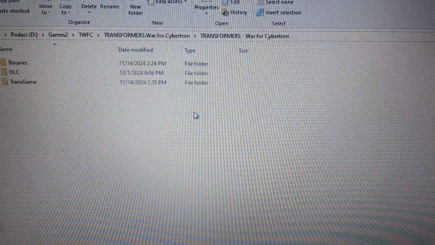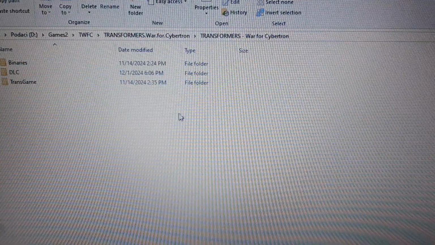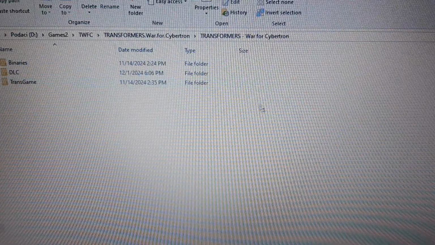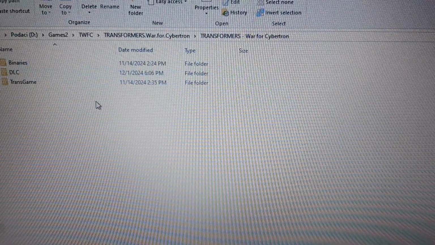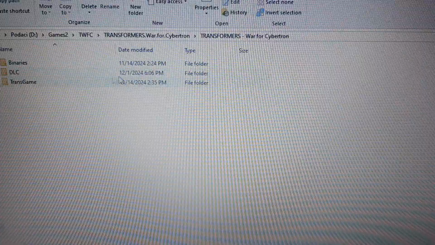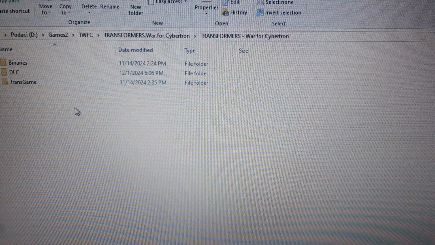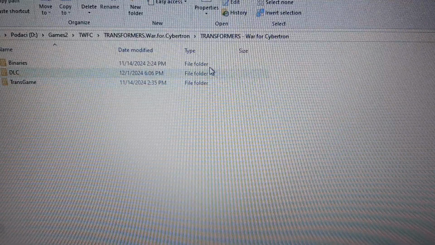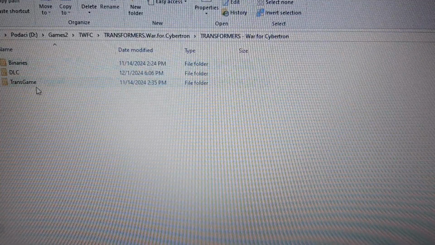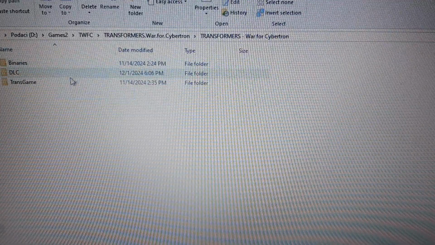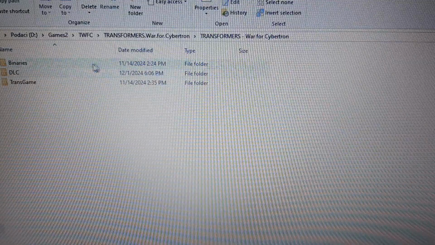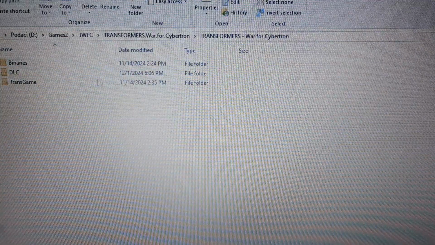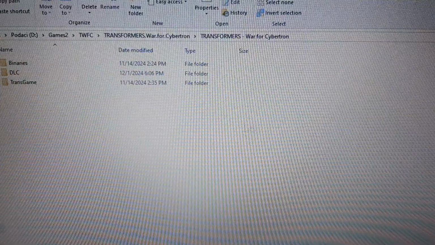If you didn't back them up, I recommend that you back them up, because once we get to a certain step in installing this mod in the game, it will ask you to replace some files, and if you don't want to lose those, I recommend just backing up the game files that you have. Okay, so